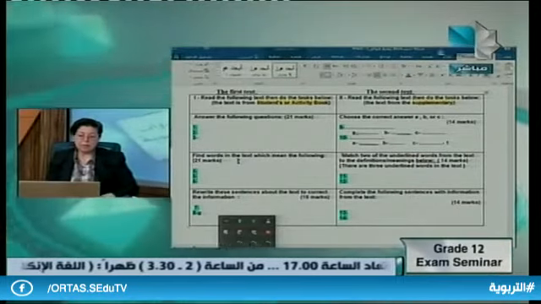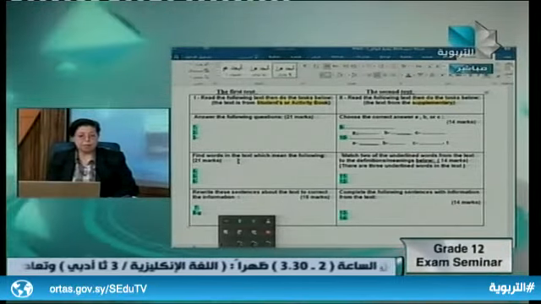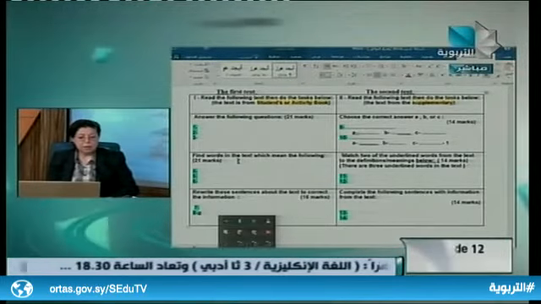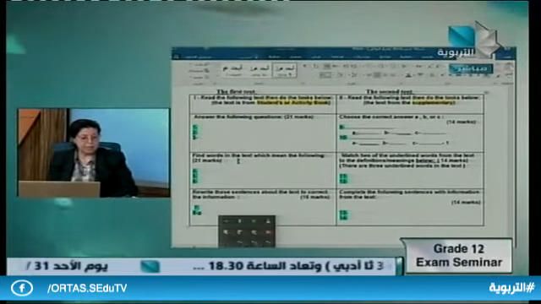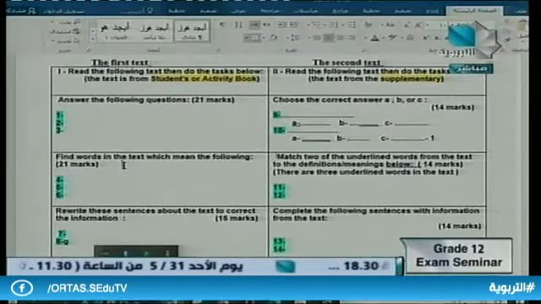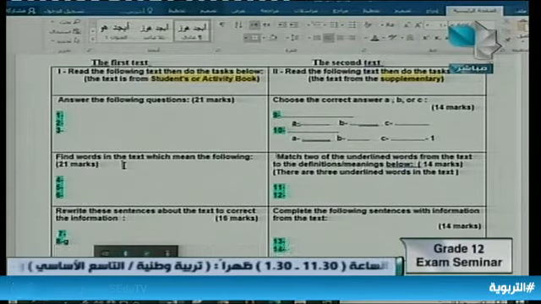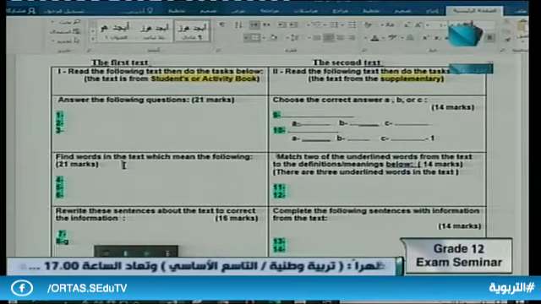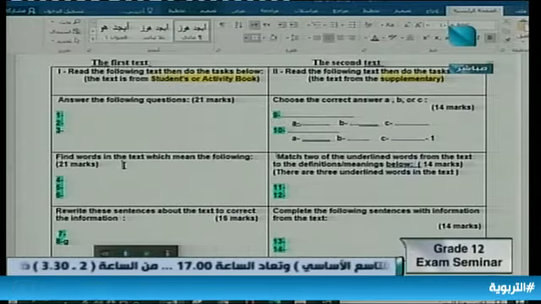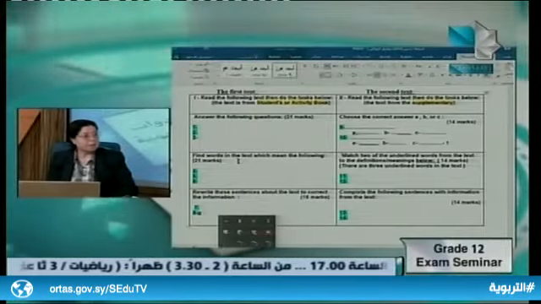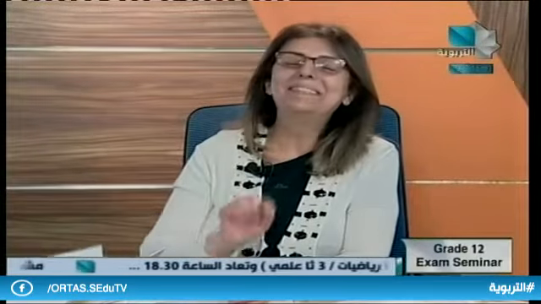Okay. Very fine. Now, the last task, which is related to the text, is to rewrite these sentences about the text to correct the information. Here the students have 2 sentences, number 7 and number 8. Of course, the meanings here are not completed. They have wrong information related to the text. They have to read the sentence carefully and rewrite it correctly. Yes, rewrite. We put a line under rewrite. Many lines.